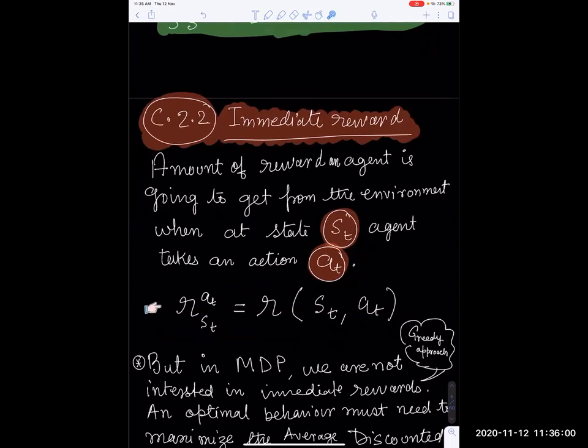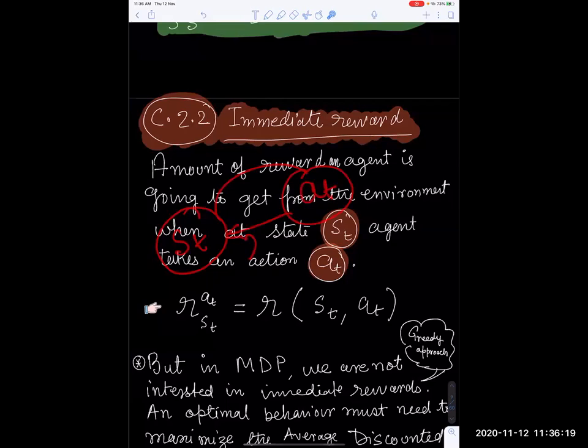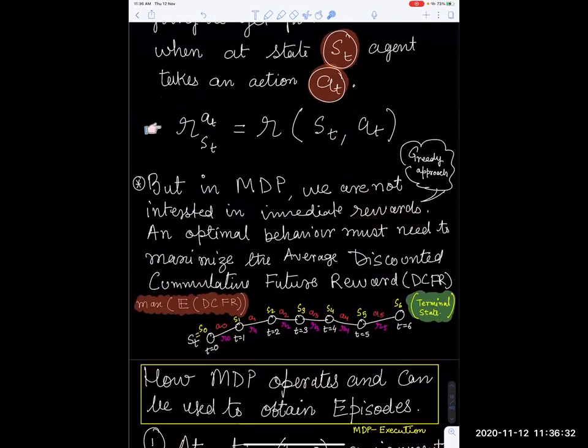The immediate reward function is going to be very easy, which means that at state s_t, if I take an action a_t, what is the reward that I am going to get? This is just the immediate reward: at this state s_t, I take an action a_t, and I have got a reward r_t. It's just a table where a state-action pair is given, and you have the corresponding reward. So the point is that